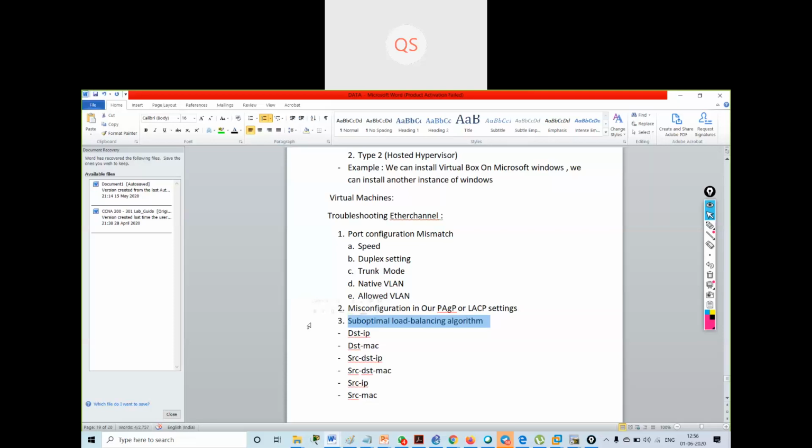The destination MAC address, the source MAC address, the destination IP, and the source to destination MAC address mapping, we have to do a Boolean operation, an exclusive OR operation, and make all these things perfect. This is something that is done automatically. But if you are troubleshooting an EtherChannel and it is not configured properly and giving some issue, then you have to see all these things.